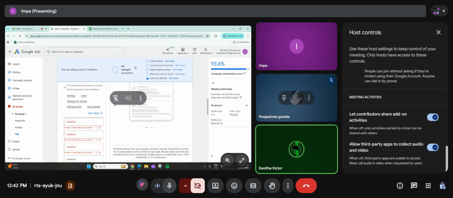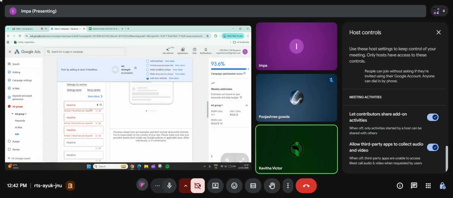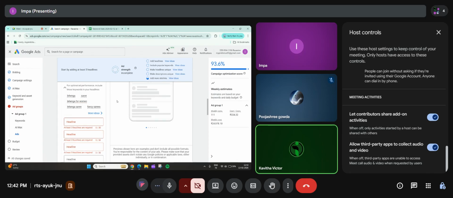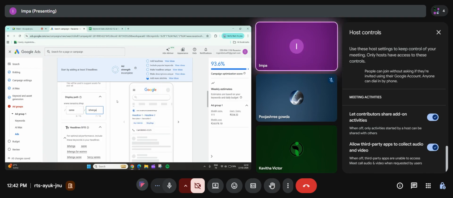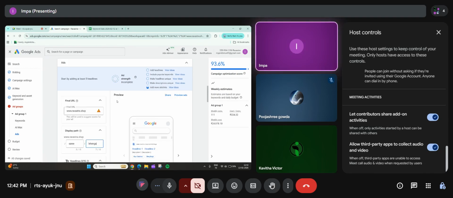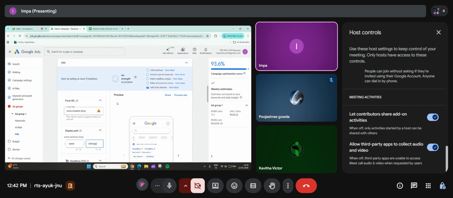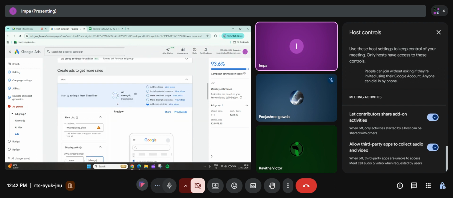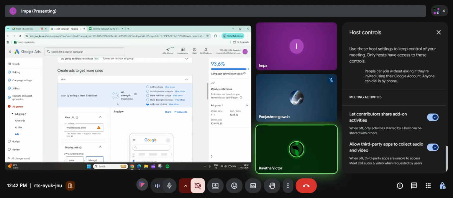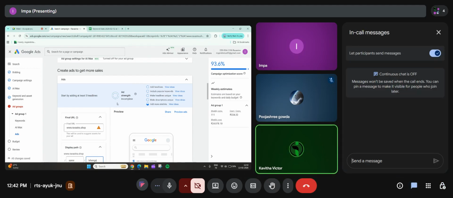So now we are going to write the ad copy using a tool. I'll be sharing the tool with you. So I'm sharing it, copy.ai. It is a tool where you can generate the title and description for your ads.